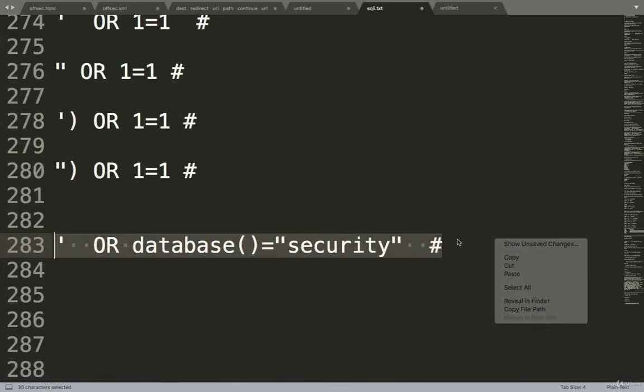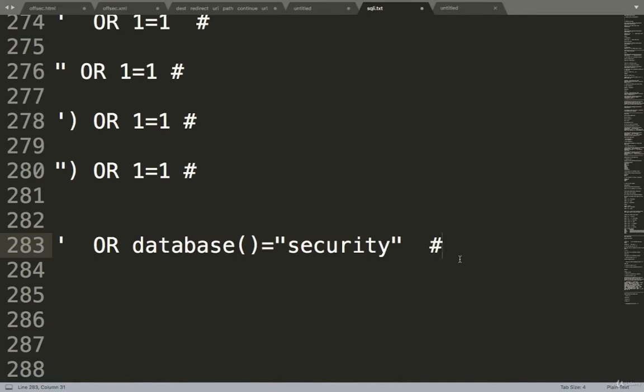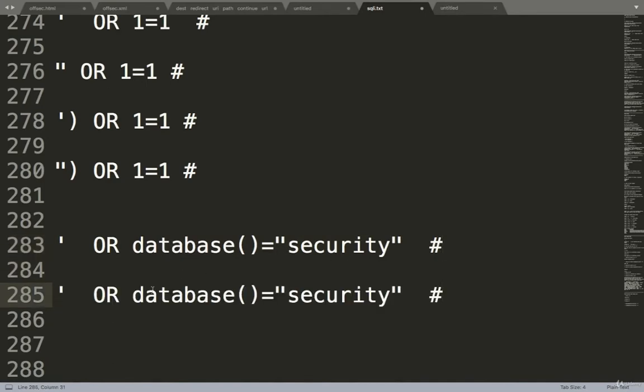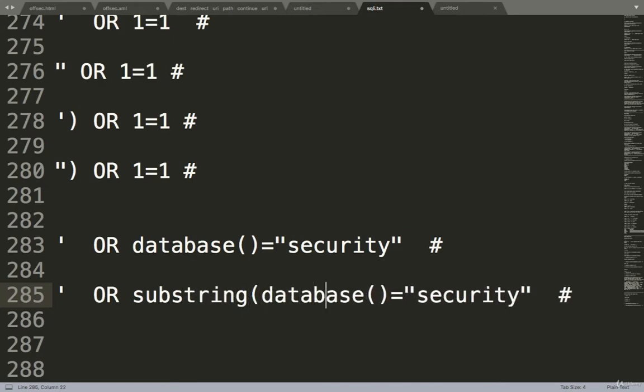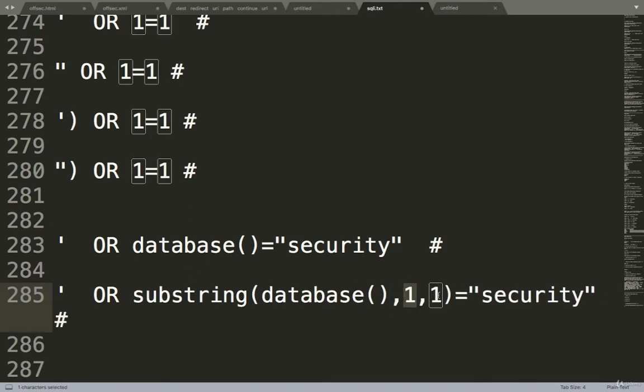But the problem is you cannot predict the actual database name. So in this case I will use the substring function, substring of database, and then you can use 1 comma 1, that means the first character of the first database, and then you can compare it with A, B, C, D like this.